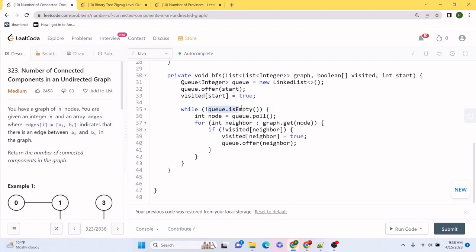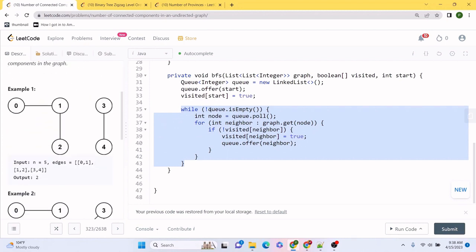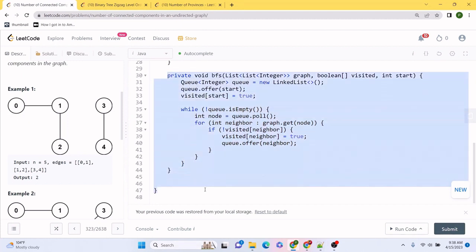And while there are entries inside the queue, first of all, we are going to pop the earliest added element from the queue, visit every single neighbor of that node, and for all the neighbors that have not been visited, we are going to mark them as visited and add them to our existing queue. And by doing this operation, we would simply be running through every single connected component. So suppose here I give you 0 as the input, then through this BFS method, 0, 1 and 2, all three nodes would be marked visited because they all are connected. And this is what this operation is doing.